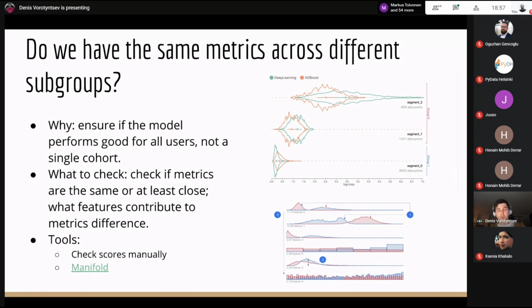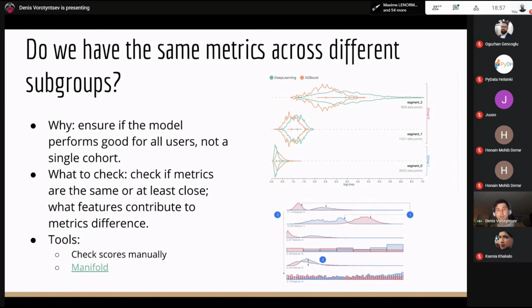And the question that we want to answer is that we want to see the same metrics across different subgroups. If we are not seeing the same metrics across different subgroups, it might be a signal that you have a bias in your data, and you should try to find those biases and remove them.